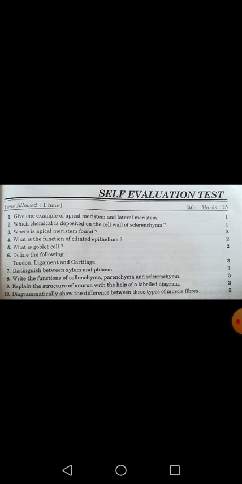Now I am going to tell you about the features of the tendon. Tendon is basically a strong and inelastic connective tissue, and it joins skeletal muscles to the bones. Another feature is that it is very strong and inelastic, and it is basically made up of white fibers. White fibrous tissues compose this tissue, while the ligament is also another kind of dense regular connective tissue, but it is elastic and made up of yellow collagen fiber.